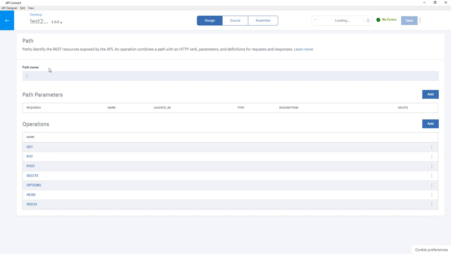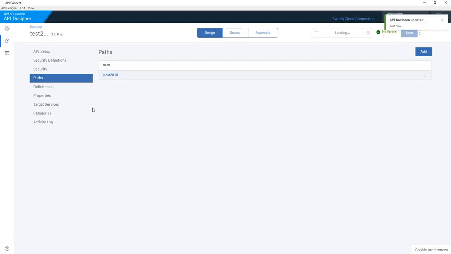Go back, test 2018, and we'll add this one. Save. So the path will be this one, and we'll publish it again.